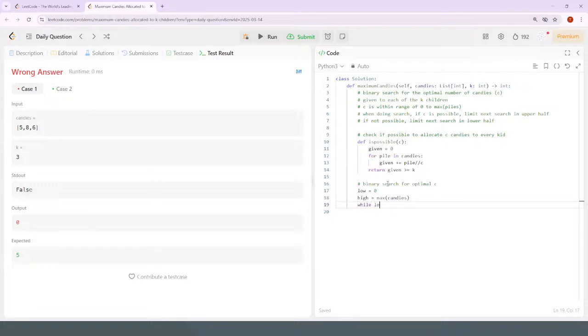And then while low is less than high, you're going to find the mid number of candies. Or this is not even an index, this is just the mid number of candies. So mid is going to be equal to low plus high divided by 2, truncated, and then I'll just say that is possible equals is possible to do this allocation of candies, and if it is possible,